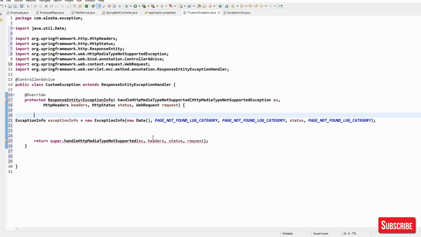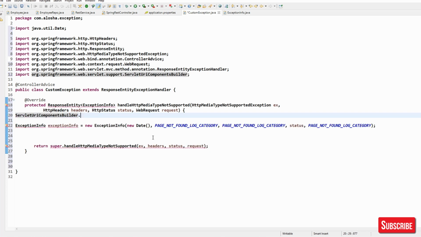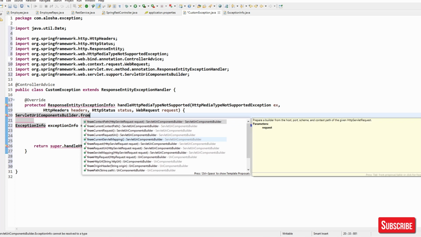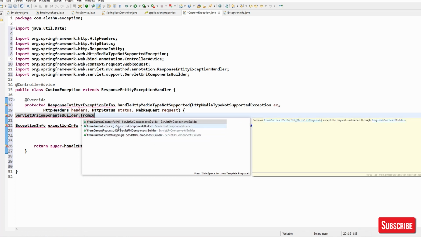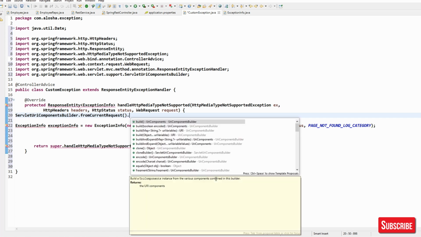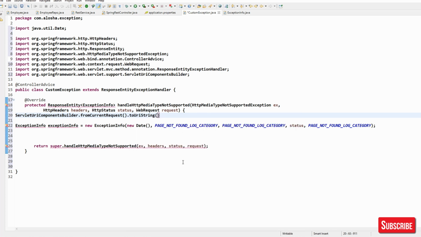This will be the path. How you are going to get the path: you simply go with ServletUriComponentsBuilder.fromCurrentRequest().toUriString(), and it will give you the path corresponding to the requested resource by the client.